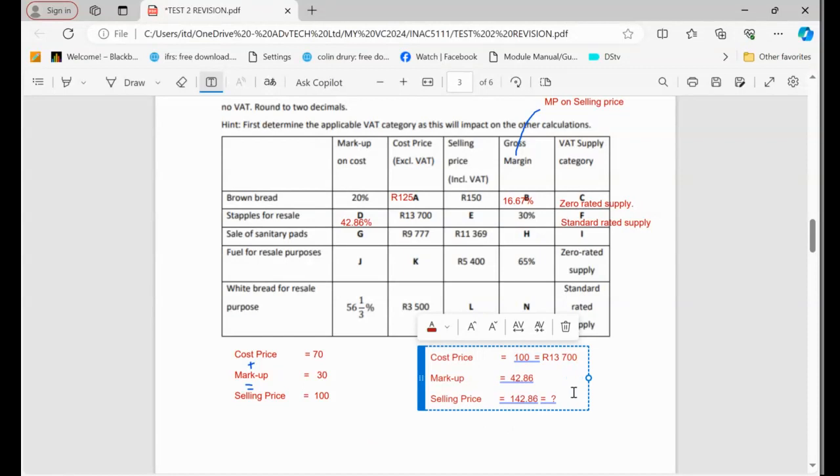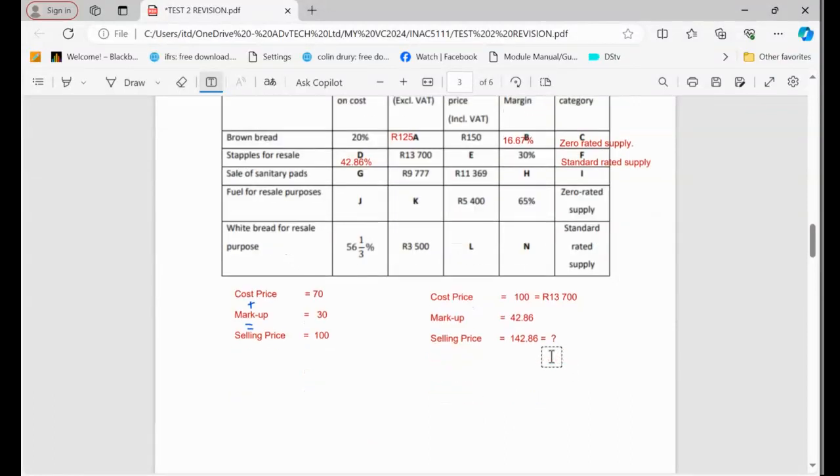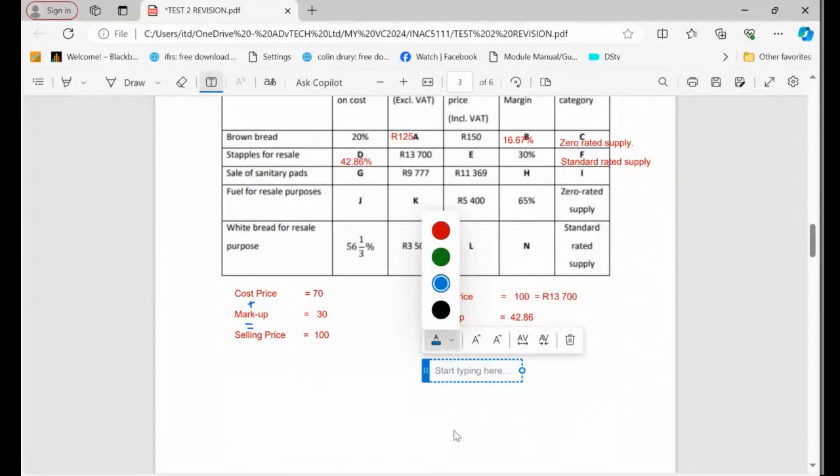18,700. Can you see now? So it means I'm looking for this one. I know this one, so now I can come up with my calculation. How will my calculation look like? My calculation will look like, okay, where I put question mark, I put on top. So I'm going to say